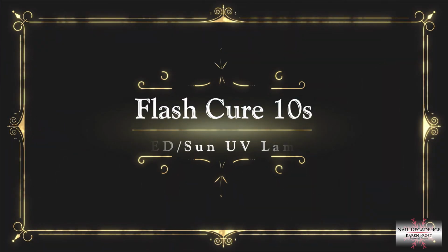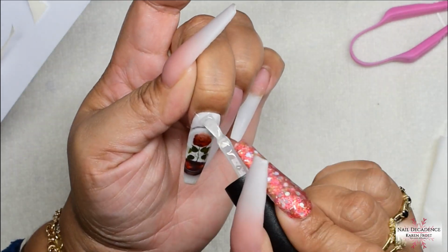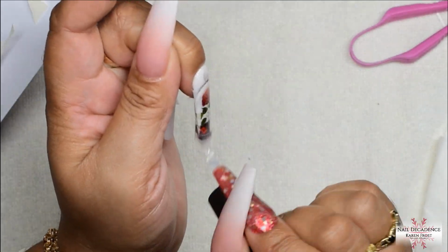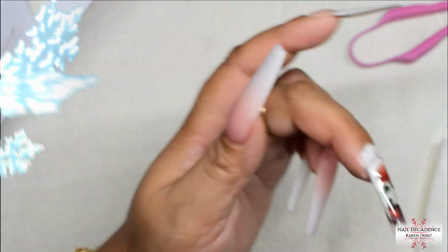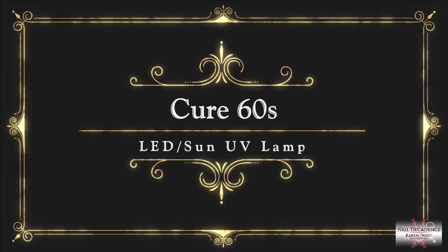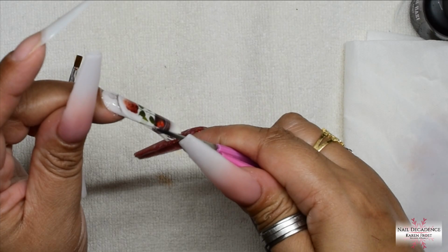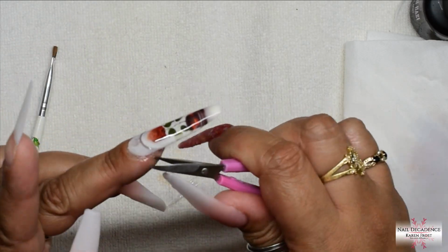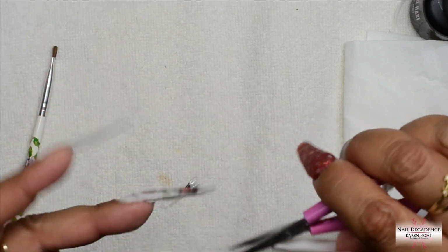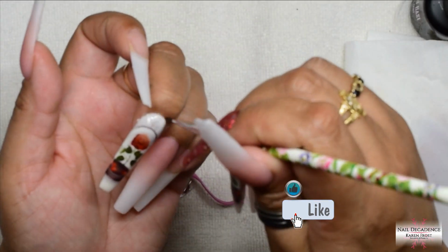And as you saw, I clipped the top of the decal so that it would sit flush on the nail, because obviously nails are curved, decals are flat pieces of decal, so if you want it to curve around the nail, you will have to put little darts in it, and then you'll get it to sit flat, which is the best thing to do really, instead of getting folds. So yeah, and then I base coated it again and then cured that in the lamp,